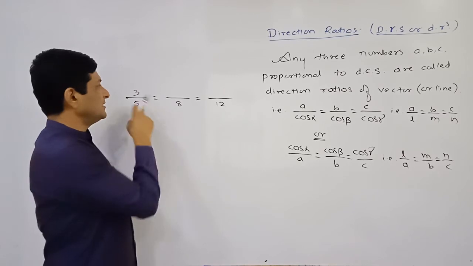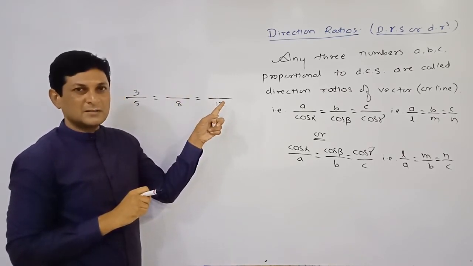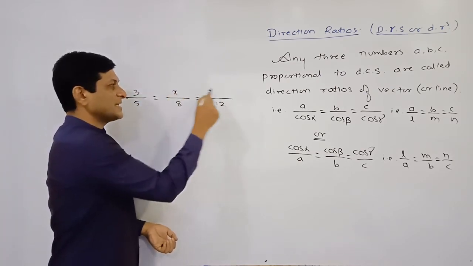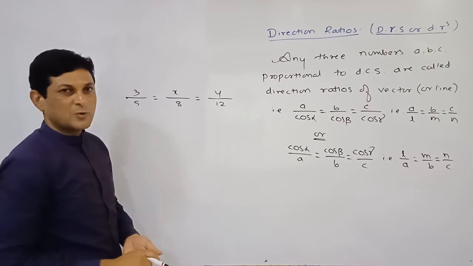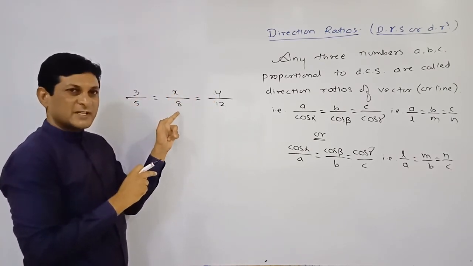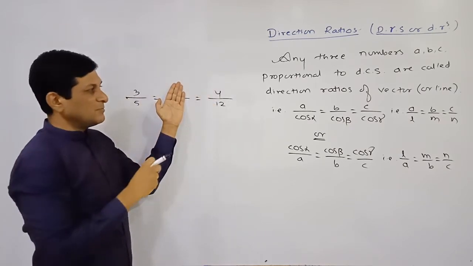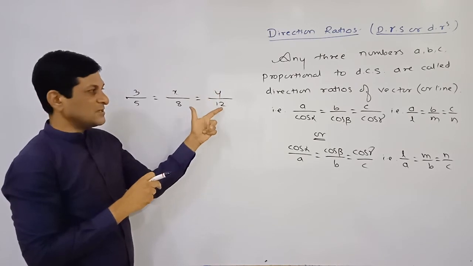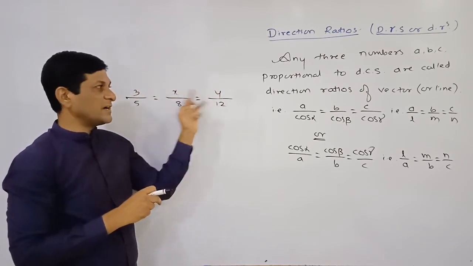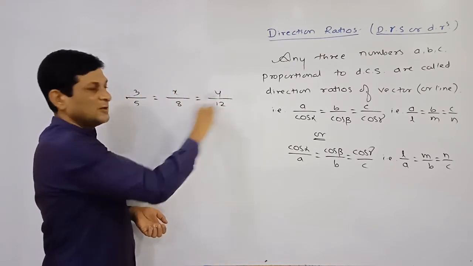Once this ratio is known to us, we are able to find such numbers so that these ratios are equal. Let us denote one number by x and the other by y. Considering that these two values are equal, we are able to find the value of x using transformation. Similarly, considering that these two values are equal, we are able to find the value of y also. A term that is divided on this side gets multiplied on the other side, and by simplifying we find the values of x and y. So these three numbers are proportional to the denominators.